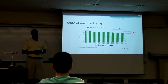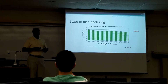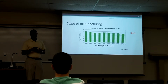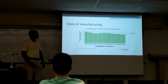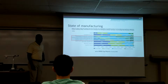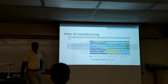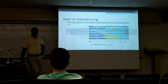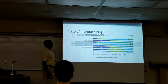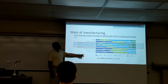But over the past couple of years, we've lost our hold as far as our IP. That means our ideas are going down, so we're not creating new technologies. And a country can't stand if it's not creating new technologies. That's how America has become America, because we have those ideas. And here's just a poll from the Society of Manufacturing Engineers. They did a report where they went to different companies and asked, what are your needs for your company? As you can see here, they need industrial manufacturing engineers to a large extent, as well as machinists